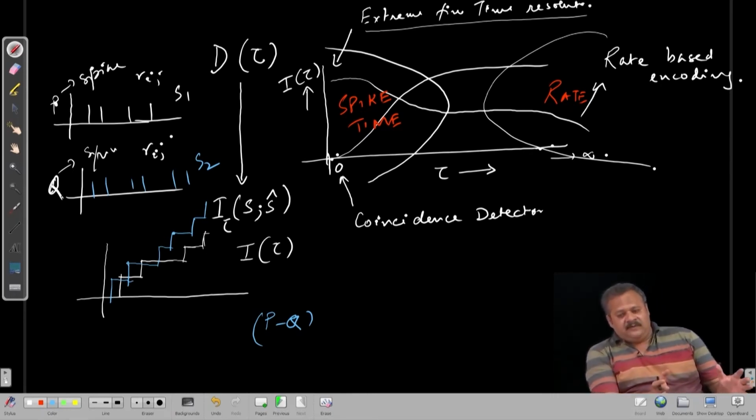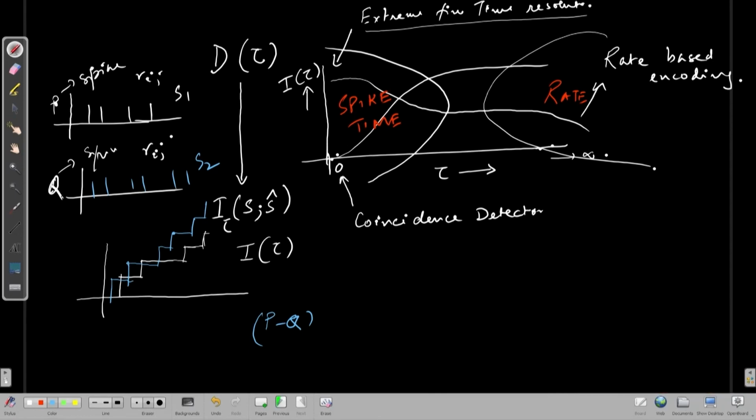The initial differences are going to be negligible till it builds up to p minus q. So that means it is totally rate based code, that is, the difference in the number of spikes is what